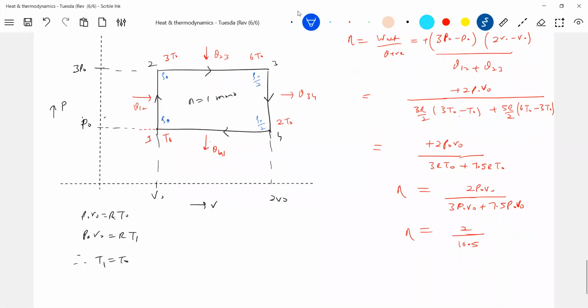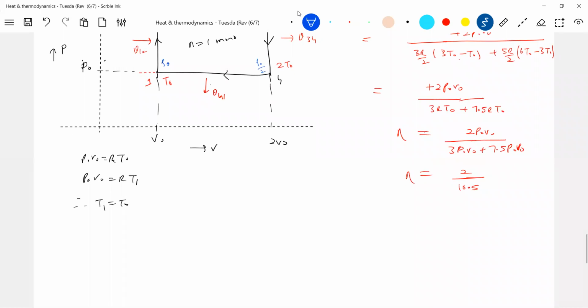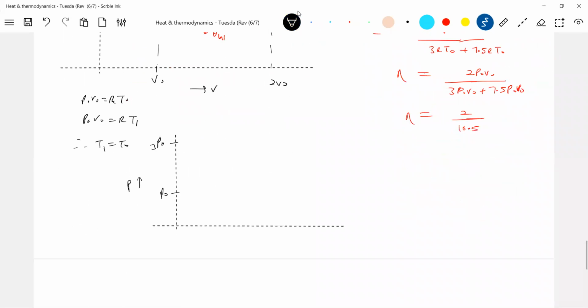Okay, first I want the PT graph, pressure versus temperature. I have space here, so let me go for the first graph here only. Pressure versus temperature. What are the values of pressure? P naught, 3 P naught. Like this, you choose a scale. What about temperature? T naught, maximum is 6 T naught, no?